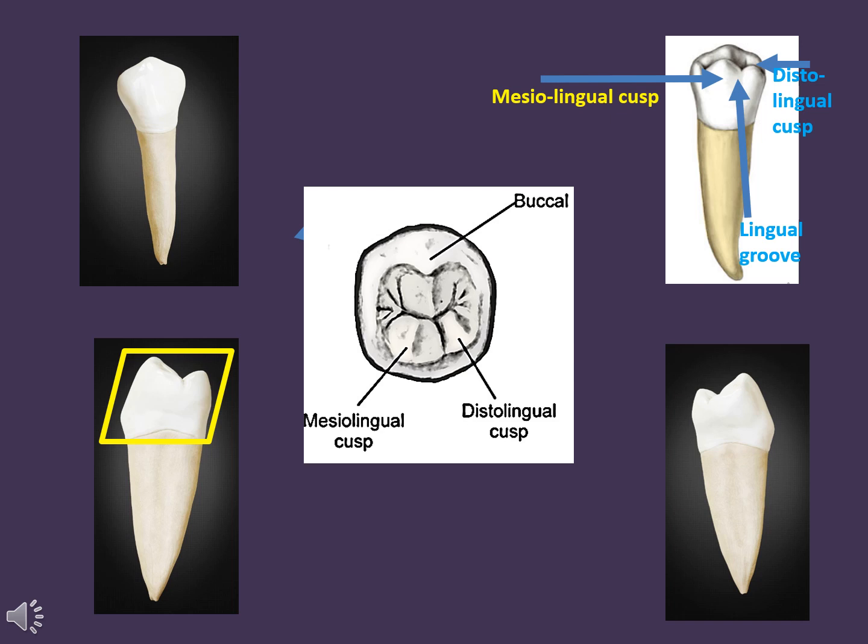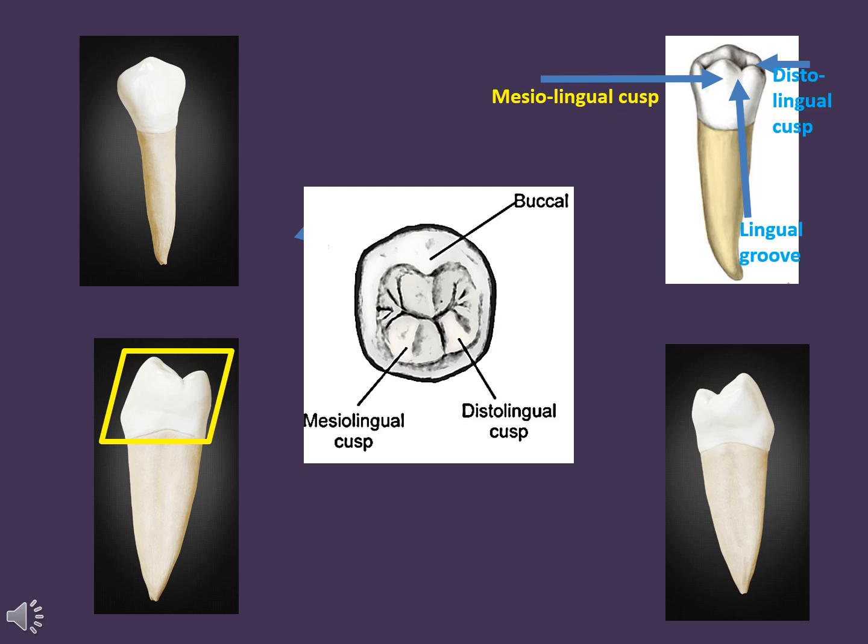Then we move on to the mesial aspect. We have seen the mesial surface also. The mesial surface is convex in nature, and the mesial marginal ridge is straight and is occlusally present. Whereas in case of the distal aspect, the distal marginal ridge is quite cervically present. From the distal aspect, we are able to see both the lingual cusps, that is, the mesiolingual as well as the distolingual cusp.